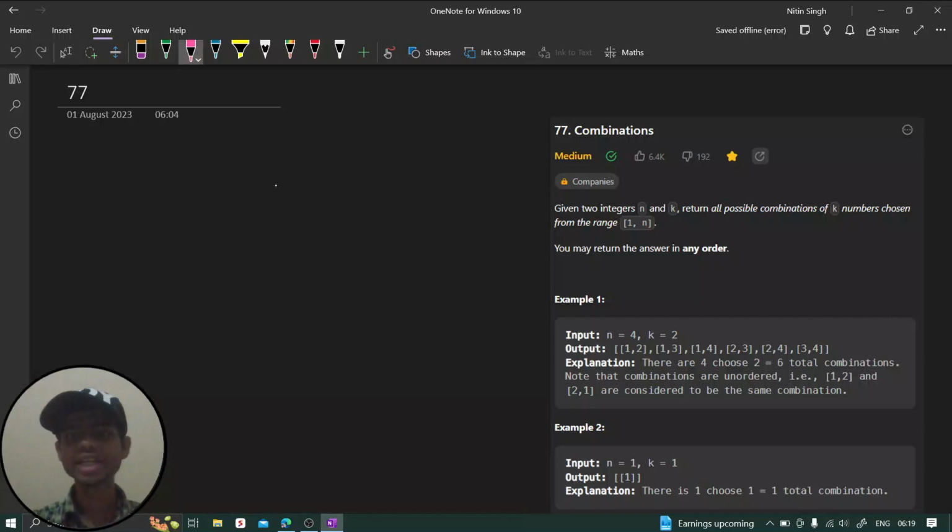Hi everyone, in today's challenge we are going to solve this problem. The problem name is Combinations and the problem number is 77. Alright guys, so first of all, we are going to clearly understand the problem